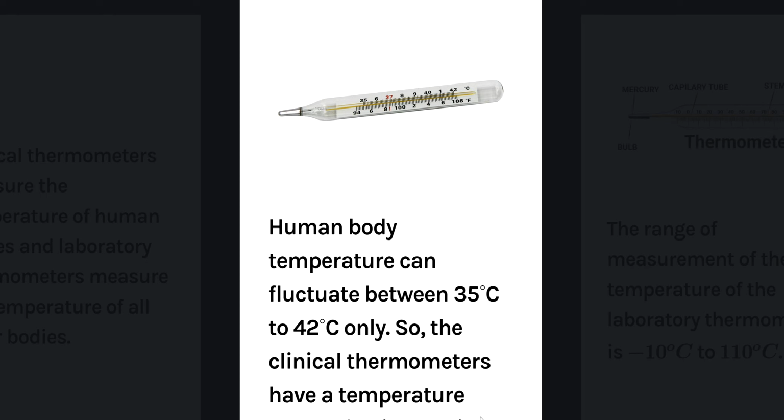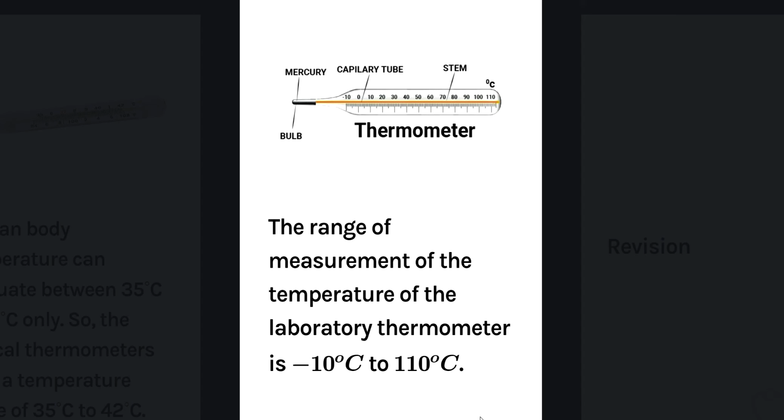So clinical thermometers have a range of 35 to 42. It is a small range, a highly sensitive thermometer. Whereas the laboratory thermometer measures from minus 10 degrees Celsius